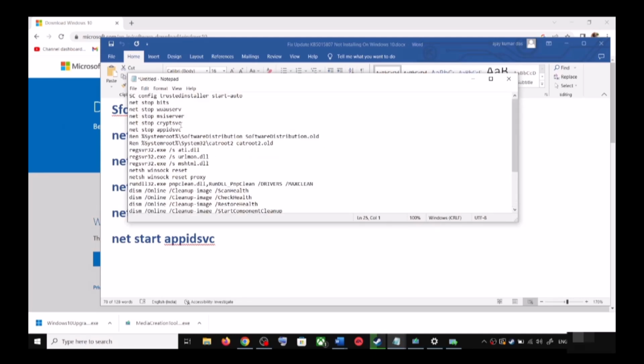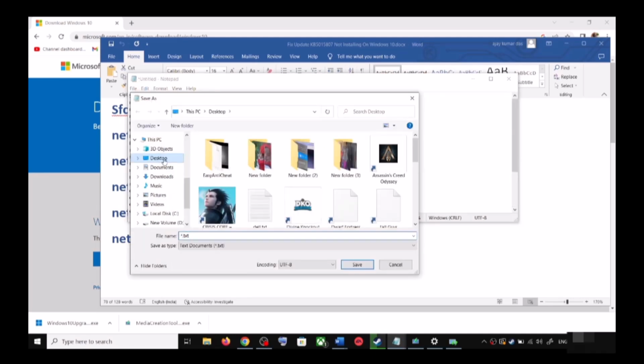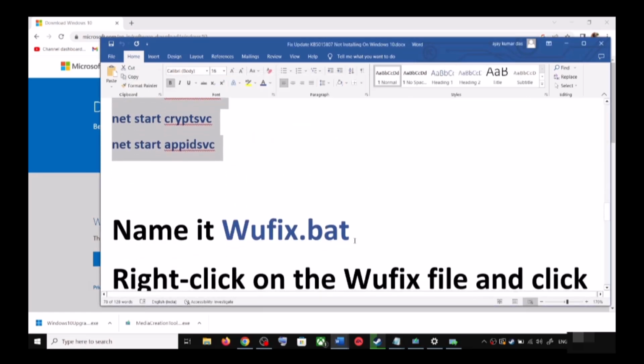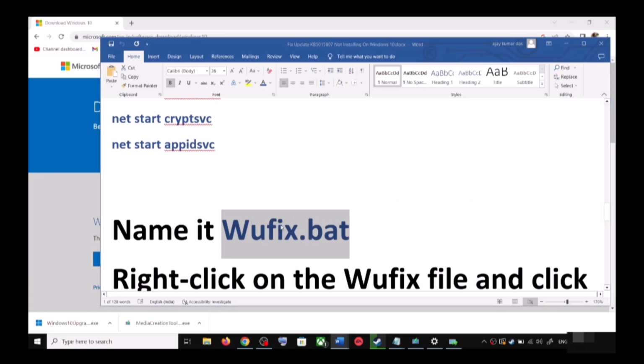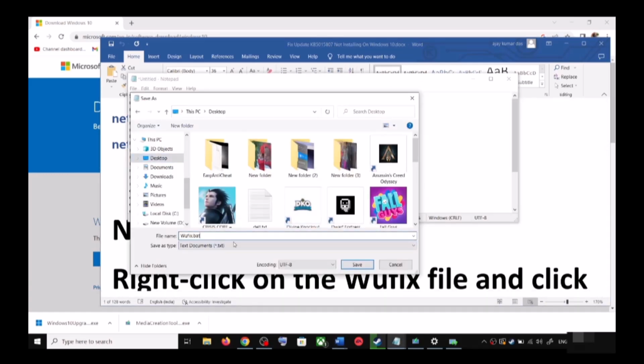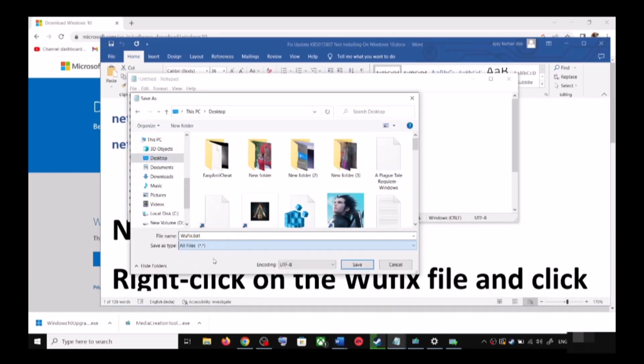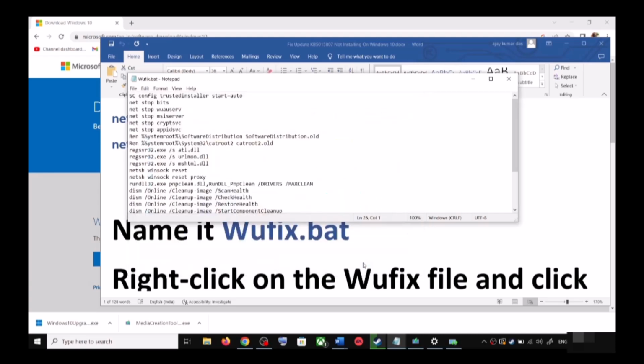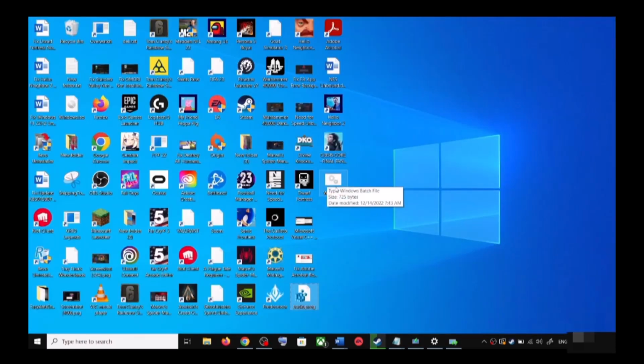Paste all the command over here. Now go to file, then click on save as. You can set the location at desktop and then name this file as wuauserv.bat, and for save as type select all files. Now click on save. Now go to desktop, make a right click on wuauserv.bat file, make a right click and